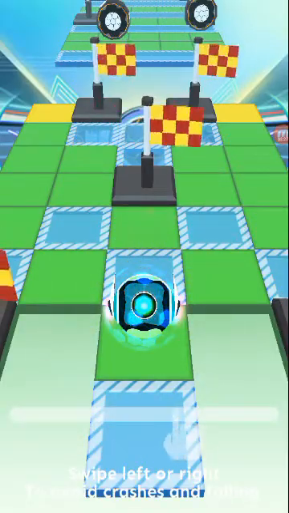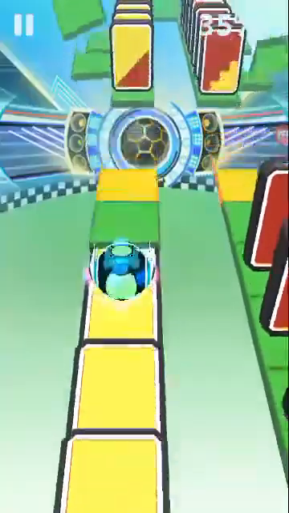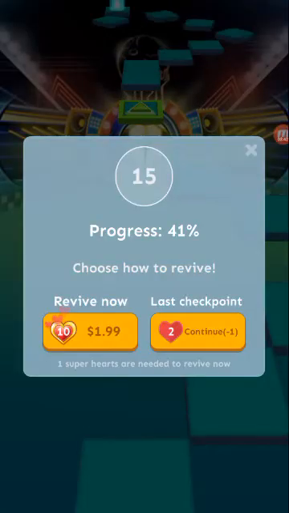Anyways, I'll just show you guys how to do it. Remember, here, go right, left, right. That's how you do that. And then you have to go left between those two that are going towards each other. Here, go left or right, go left or right again, and then go quickly across the blocks, because if you